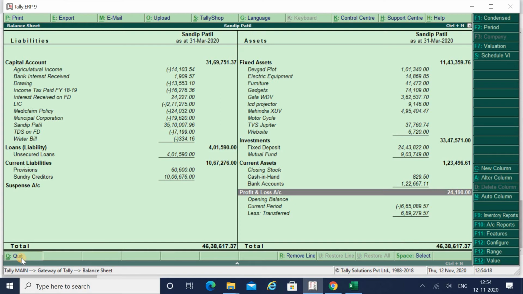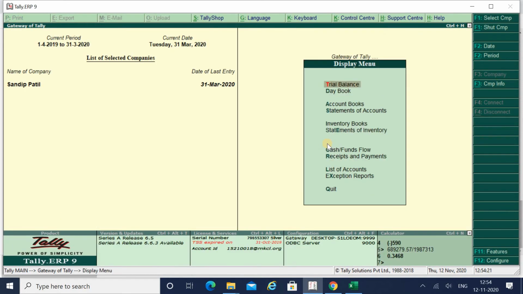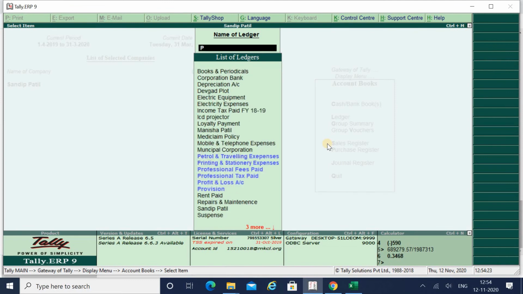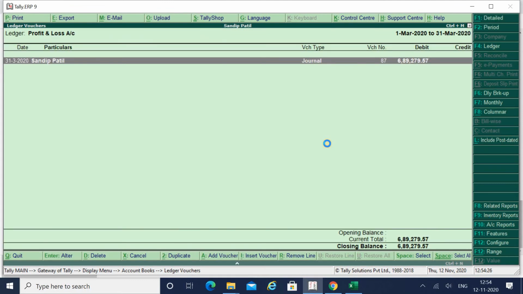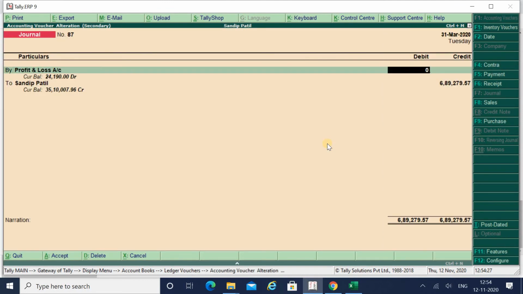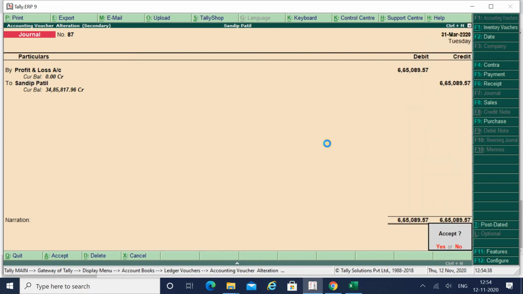We have to change the profit and loss account also and enter the exact figures, because now only your capital account will change, since we are transferring the profit to the capital account. Then our total will match.